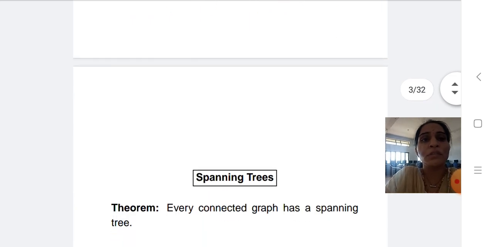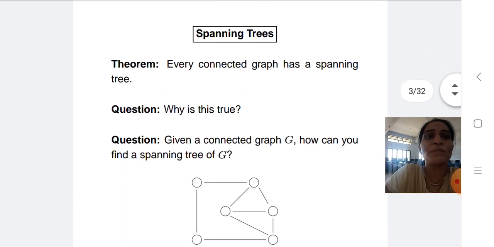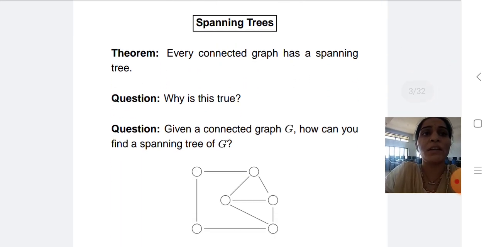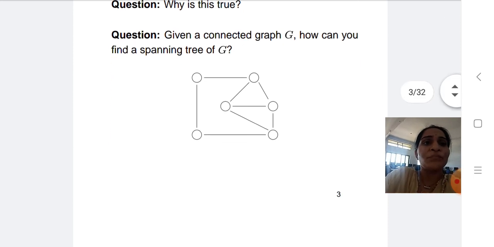Now, the theorem of spanning tree is: every connected graph has a spanning tree. Question, why is it true? Question, given a connected component G, how can you find a spanning tree of G? Now see,